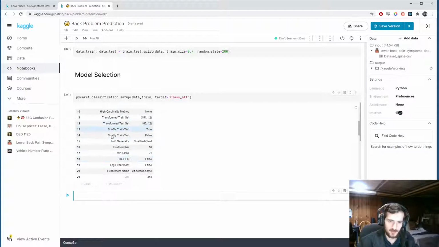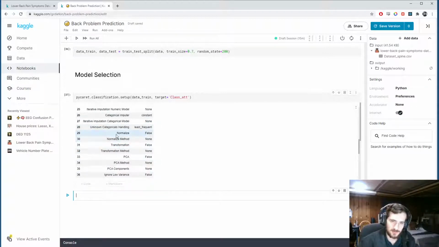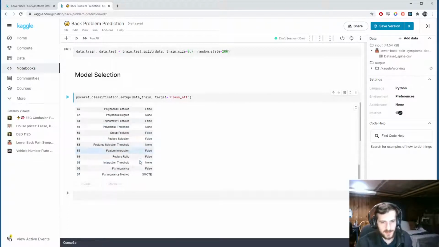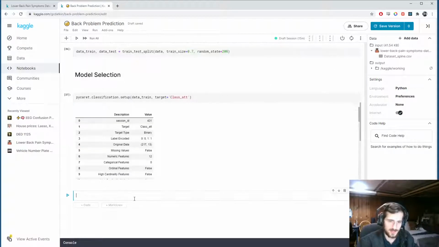You can see it has a whole bunch of options. These are just the default options. I didn't specify anything else, but you can normalize the data, transform it in any way, apply some PCA, ignore low variance. Yeah, you can do all sorts of filtering on the features and so on. But I'm just leaving it the way it is, and I'm going to now call